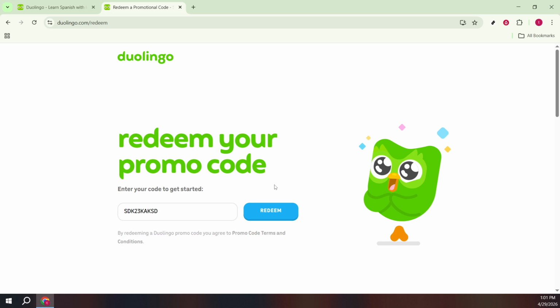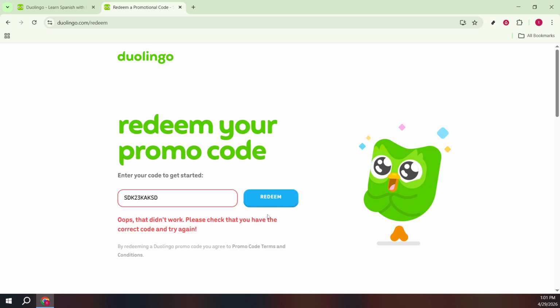At this point, Duolingo will apply the offer to your account. If you're not signed in, you may be prompted to log in or create an account so the benefits attach to the right profile. It's a good idea to confirm you're on the account you actually use for your lessons before you proceed. If the page shows an error, like invalid, expired, or already used, double check the characters, try removing extra spaces,